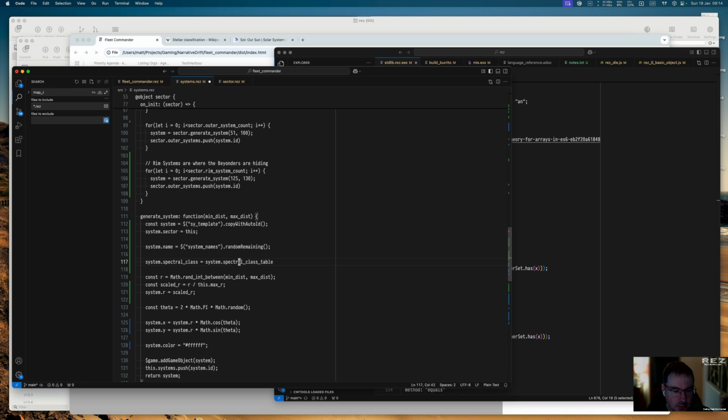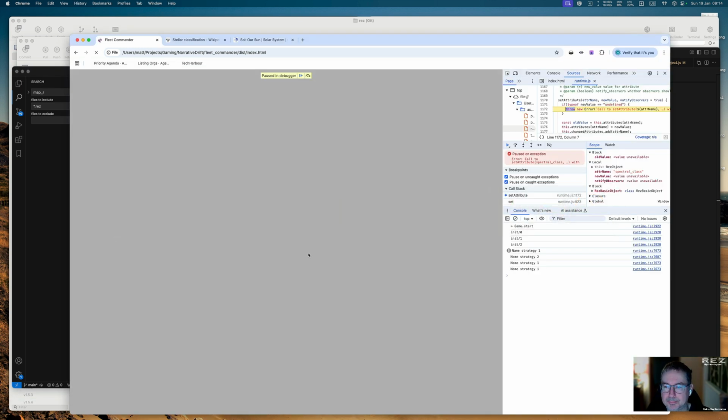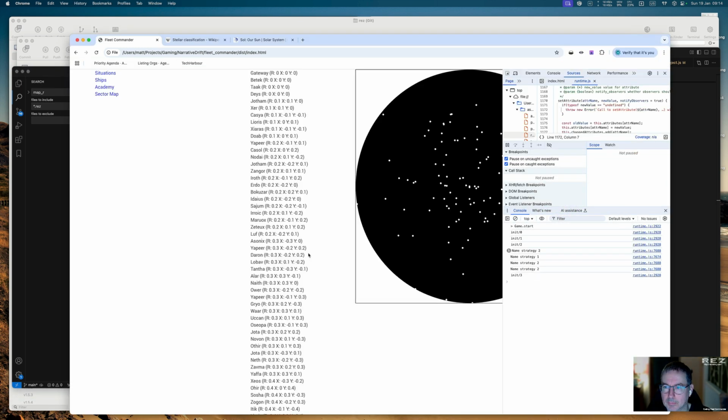If we spell spectral properly, that would probably solve the problem. Okay, so SY gateway, spectral class, we can already see it's G. Okay, fine. But if we look at the other systems, so we go